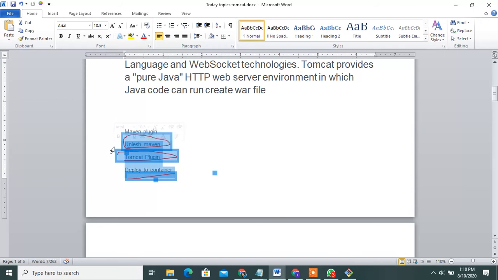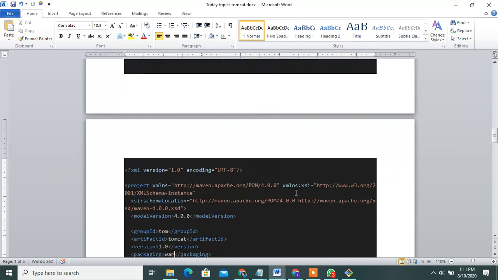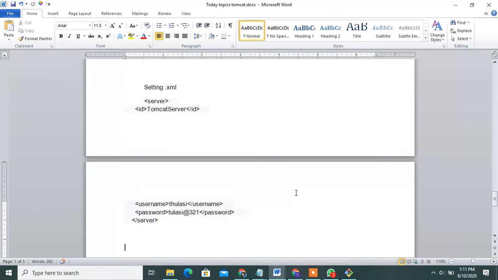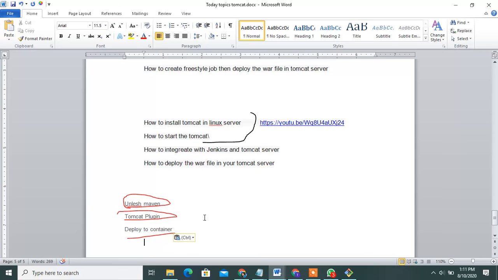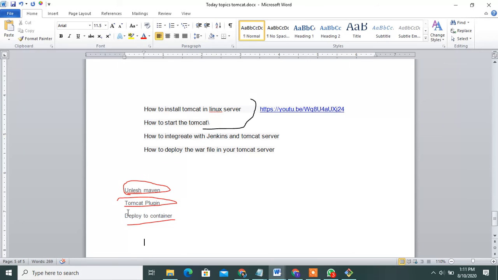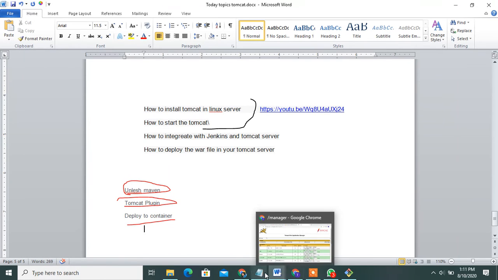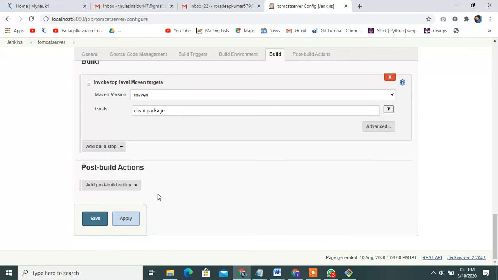These two plugins are a must. How to install the plugins I already showed in my YouTube sessions. Please watch all the videos for your understanding. This plugin is most important for the connection between Jenkins and the Tomcat server.